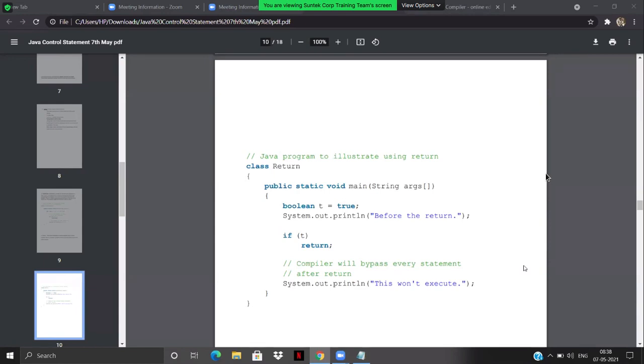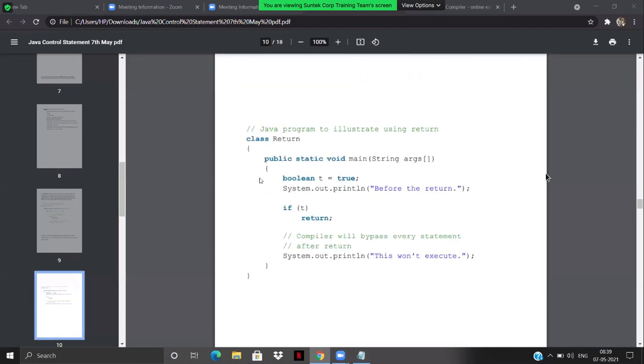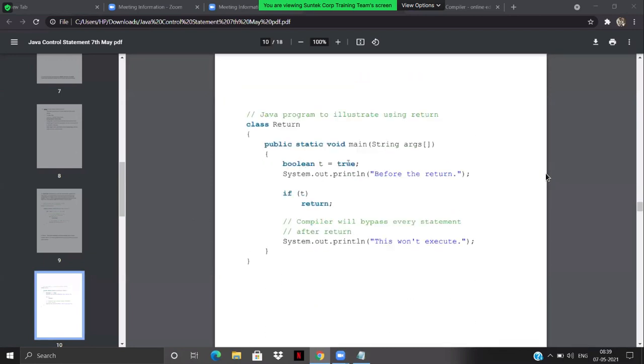So once you have a return statement, the remaining block of code will not get executed, and you will always come out of the method. Okay, good. Correct. So the answer would be: Boolean t equals true.